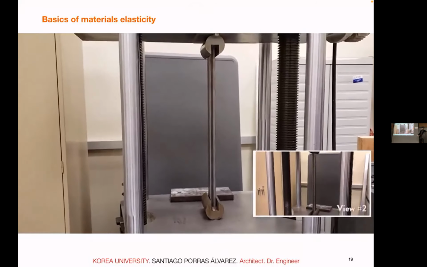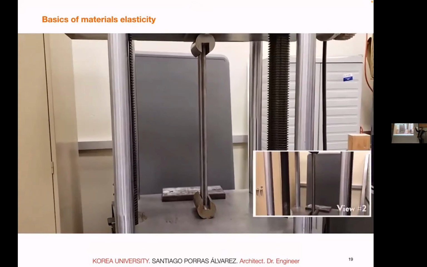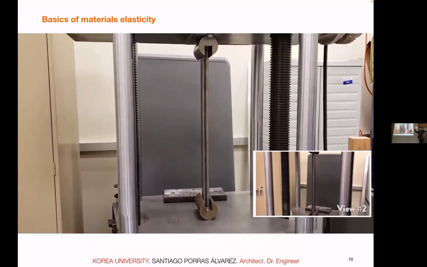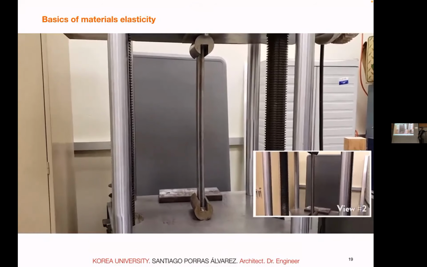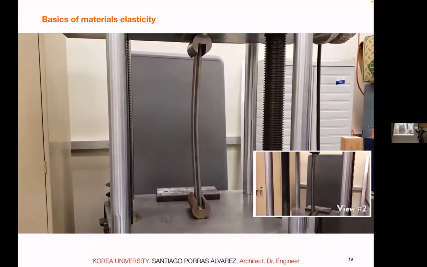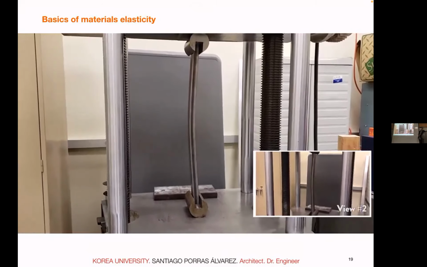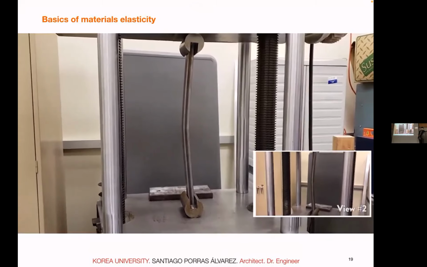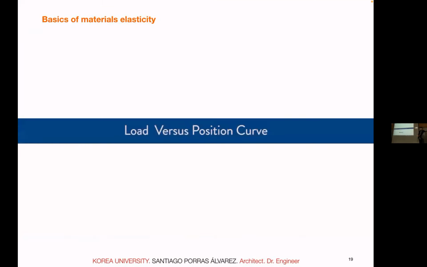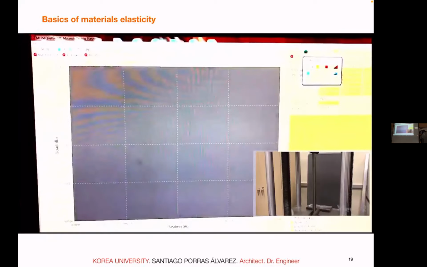So here you will see that it's much more easy to predict how things work. So this tensioning, and you see it's already bending a huge amount. But still, there's a point in which the bending goes very fast, and then we consider failure. And well, they show the curve. Let's see, because it's not very long.